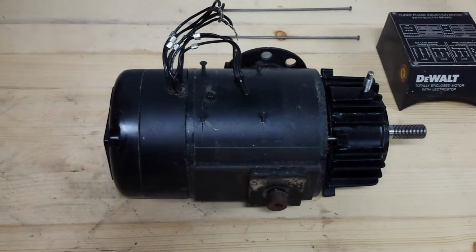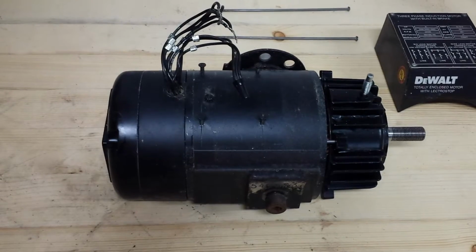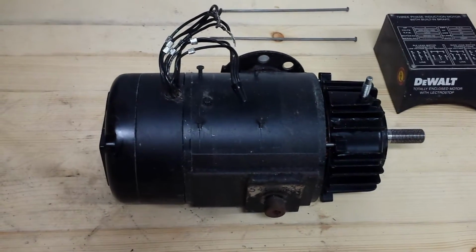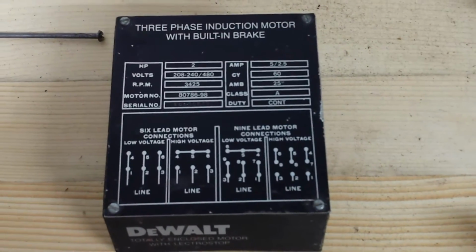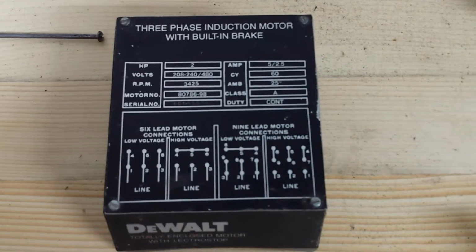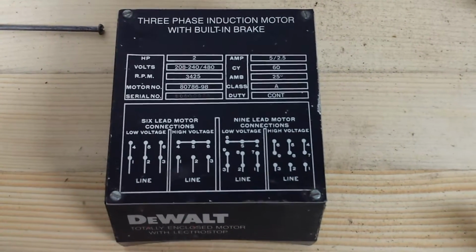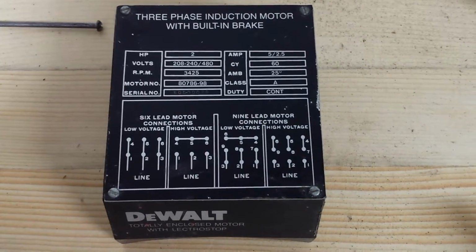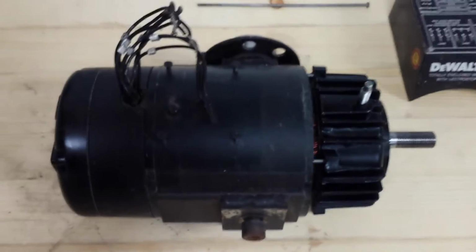So here's the motor I'm going to be tearing down today. It's a 2 horsepower 3-phase induction motor out of a DeWalt radial arm saw. Here's a look at the nameplate info: 2 horsepower, 208 or 480 volt, 3425 RPM. I'm going to be running it at 208 volt 3-phase, but before I run it I just wanted